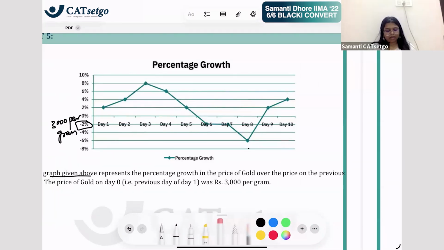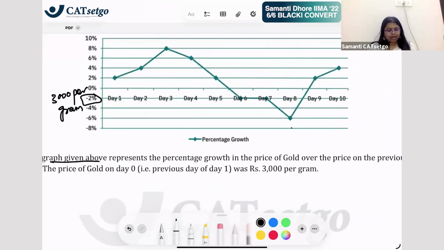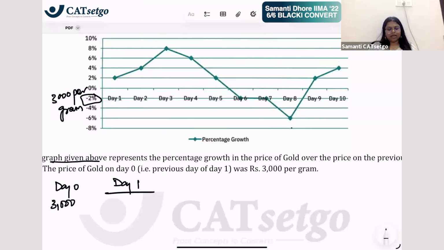Yes, day 3. Why? So actually to analyze this data, let us just analyze this table singularly. What you realize is, अगर day 0 पे 3,000 के price से it started, what is the price for gold on day 1? Yes, it had increased by 2%. What is 1% of 3,000? 10% is 300, 1% is 30. So 2% is 60. So by 60 rupees it increased. It became 3060.